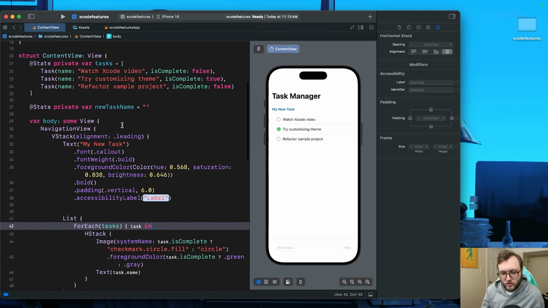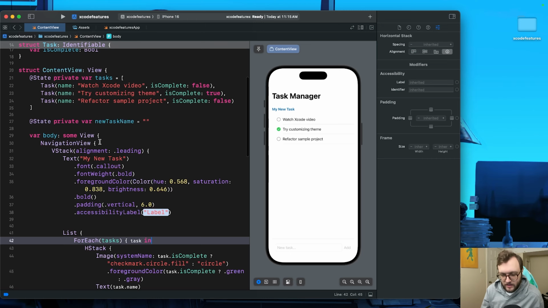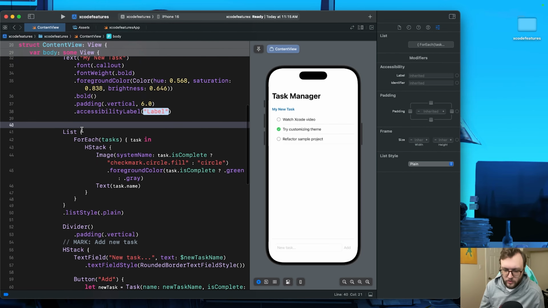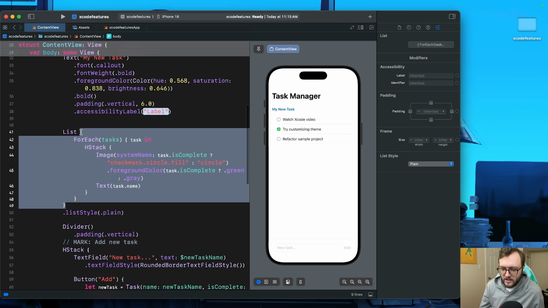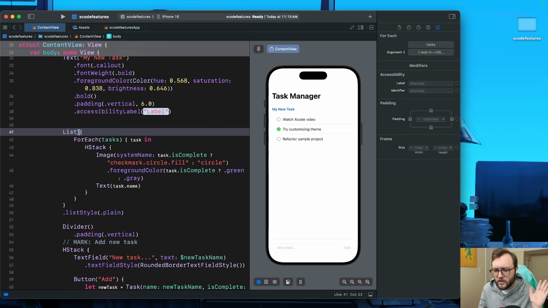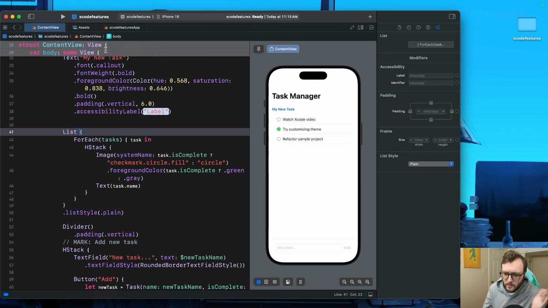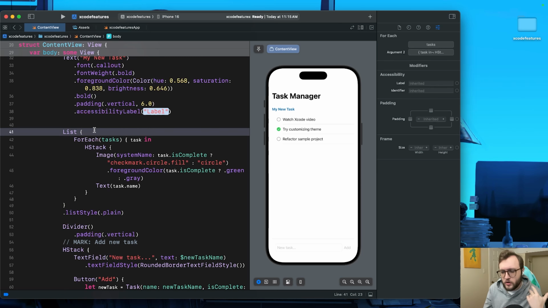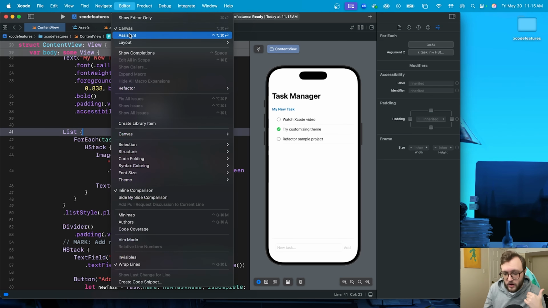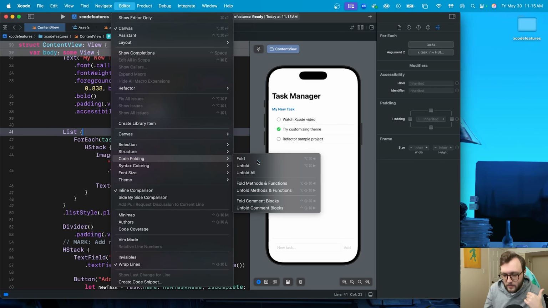Okay, I got a couple more tricks up my sleeve, not quite done yet. Let's talk a little bit about code folding. So let's say I'm working in a really big view, and you can always double click and see what code's encapsulating what, but let's say I'm done with this list. I don't even want to think about it anymore, and I need to reclaim some editing space. So I'm going to put my cursor in the view that I'd like to fold. I'm going to go to the top here, editor, code folding, and I'm going to go ahead and fold this,